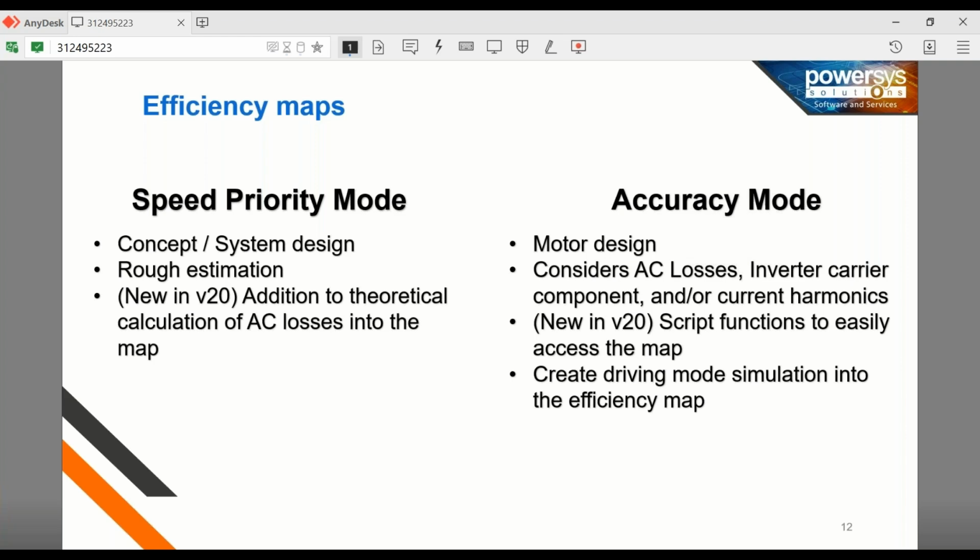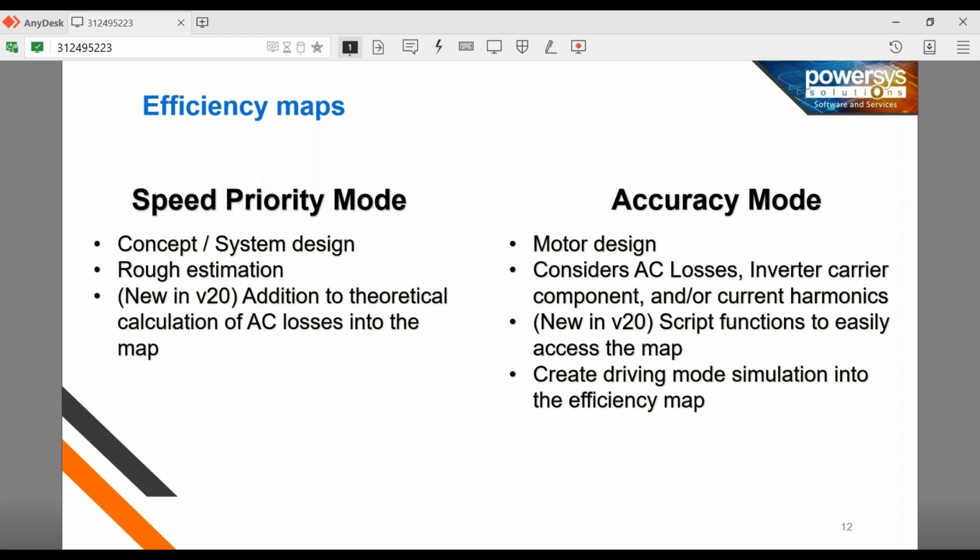Speed priority offers a rough estimation. Basically, you would do a parametric geometry. You would change the geometry parametrically and quickly get several efficiency maps,